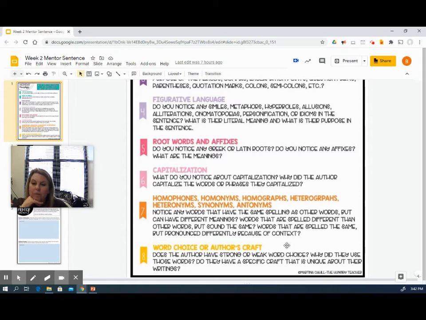Word choice, if you'll remember in last week's Monday musings, we noticed that it was very simple language, and the character that was doing the narration was someone who didn't feel smart. And so it made sense that we would see simple language if he was the one talking. And so that was something that the author did on purpose to develop the character. So anything of that nature that you would notice about a sentence, I want you to make note of that also.